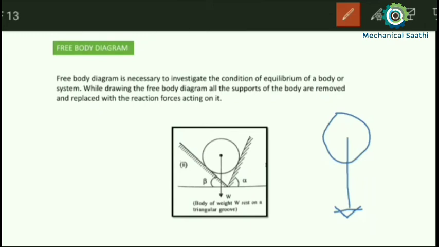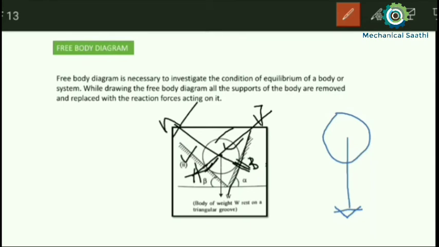I have already told you that the reaction is whatever we get at the supports. There is a support which is connected to this body here, and there is another support, this one, which is connected to this body at this point. So reactions will be obtained at these two points. Let this be point A and this be point B. At points A and B we will get the reactions, and a reaction will always be perpendicular to the support, so we get a reaction like this. Likewise we get a reaction like this, perpendicular to this support and this support.